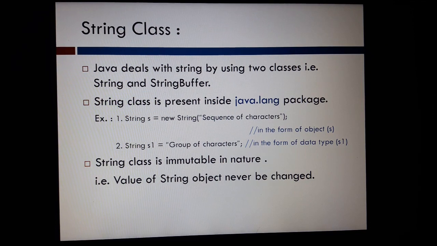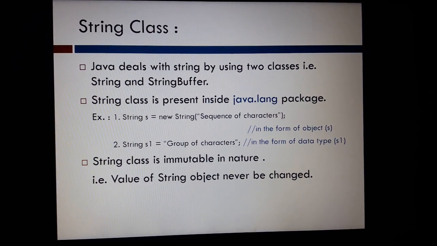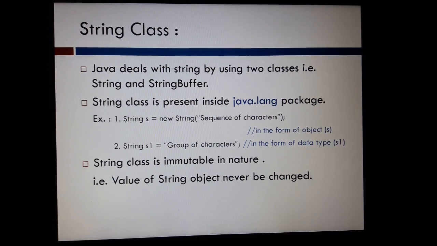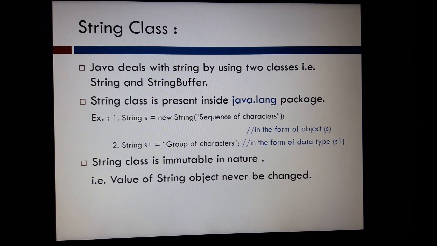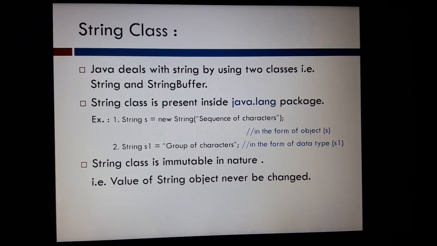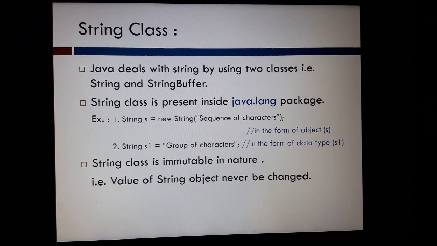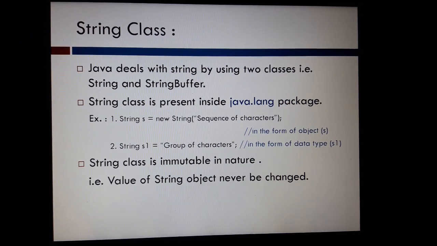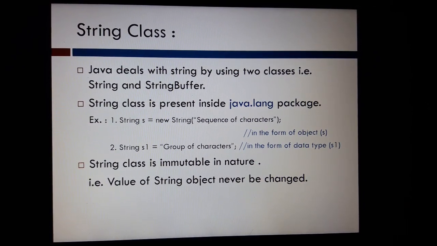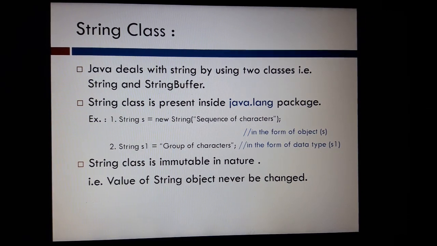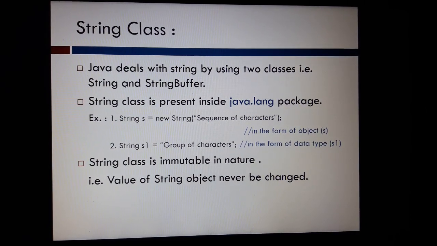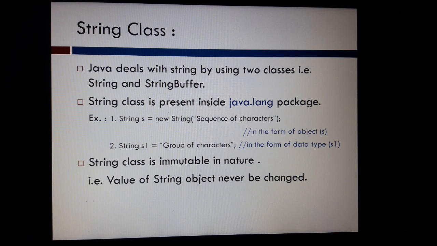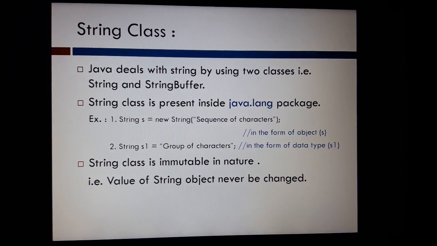I think you remember, if we are going to create an object of a class, then what we have to write? Class name, object name equals to new class name, function bracket open close. It is a line of instantiation. Actually, we are creating an object of a class, means we are instantiating it. Here I have taken the example, String s equals to new String, bracket open close, semicolon.